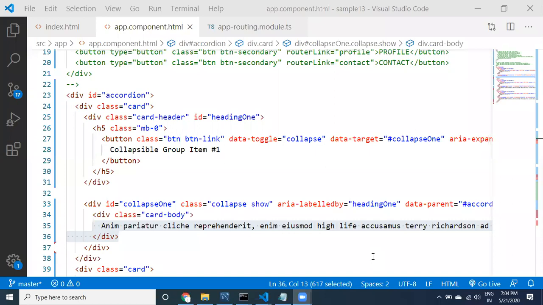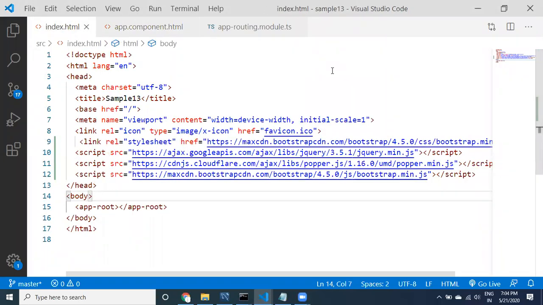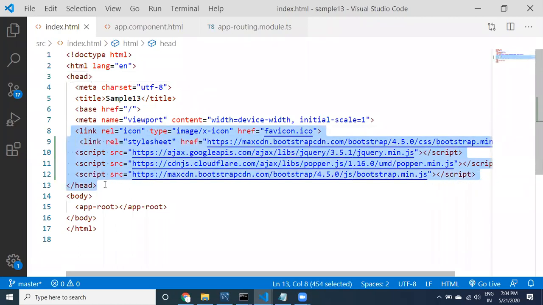Related to index.html, by default, this is available. I'm going to explain index.html clearly when we discuss the internal flow of Angular, how it is going to work, everything in the latter part. But today, how we are using index.html is, of course, this HTML is the base for this application. The work starts from index.html. This page is available by default. Within the page, we have provided our HTML links.